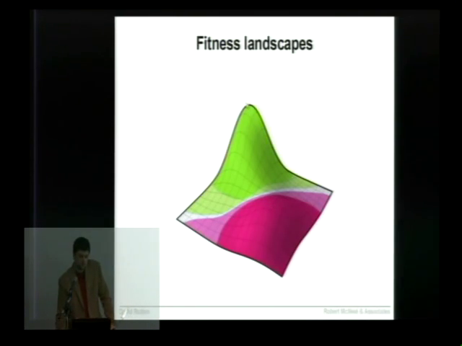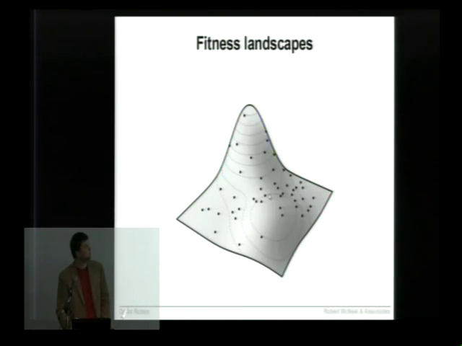So each summit has a basin of attraction around it. And if you're over here, chances are you'll end up on this summit. If you're over here, then you'll end up on this summit. In the middle, it's a bit blurry because of mutations and breeding. It doesn't get very sharp, but that's the basic idea.